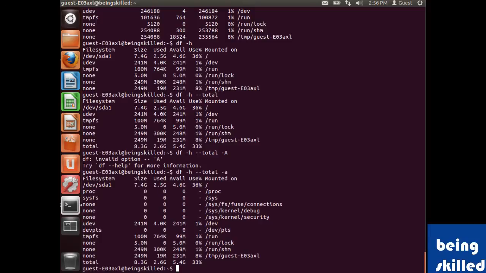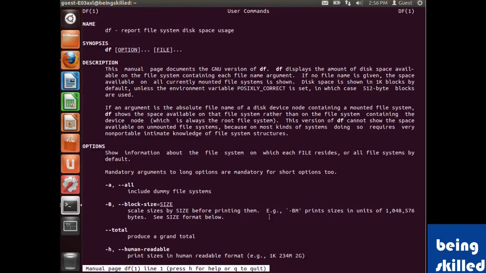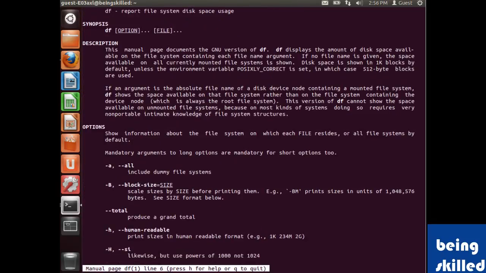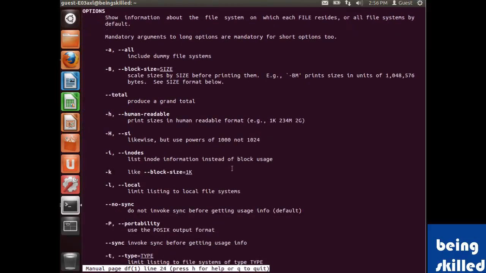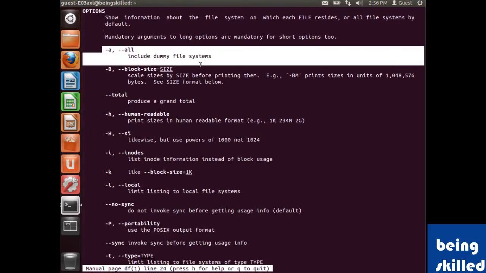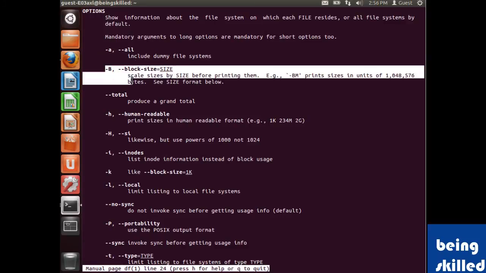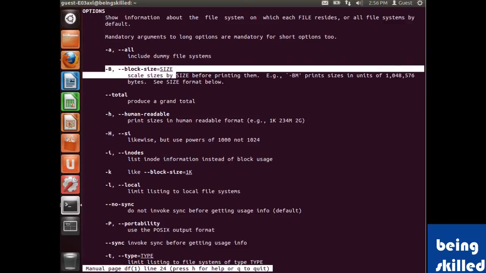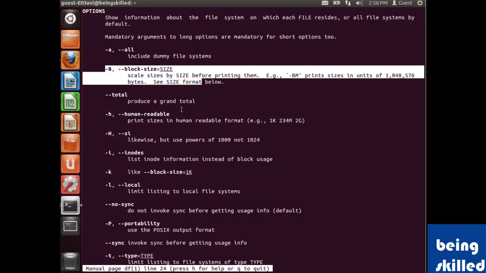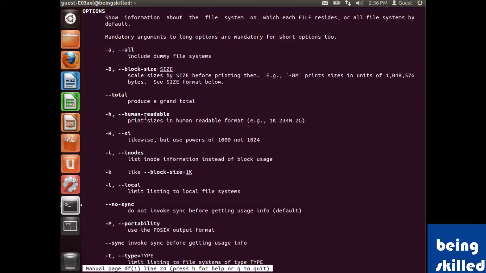If you want to know more about df command, then we will just read the manual page. Here we can see the options available. By default it shows in blocks, then the grand total.